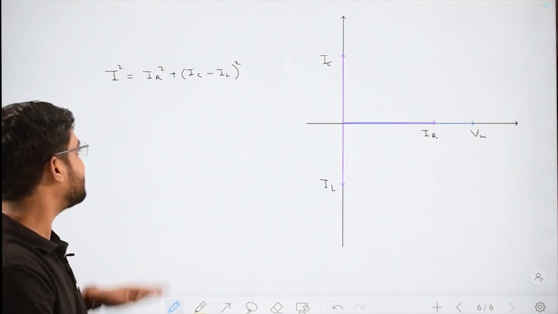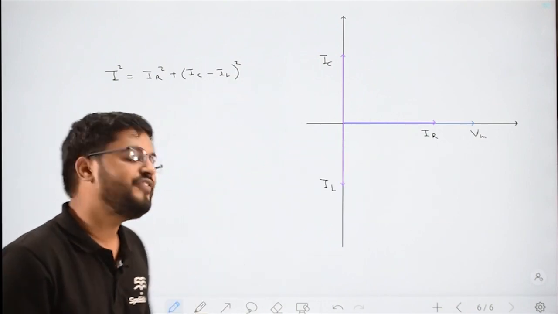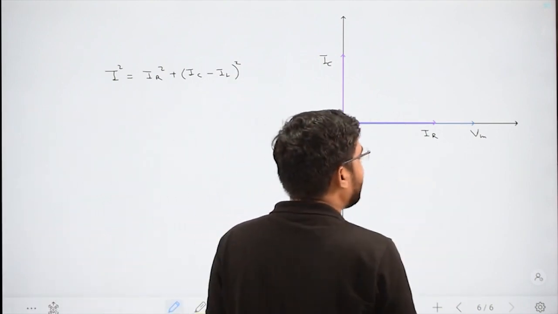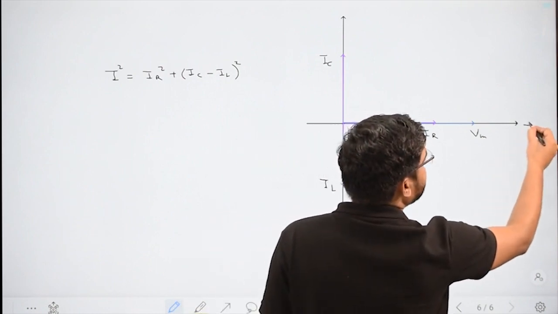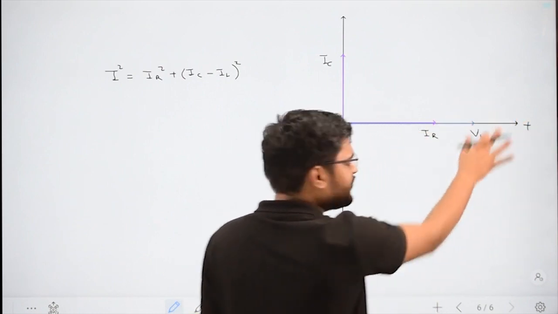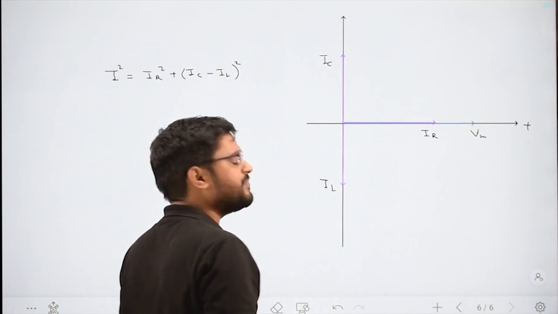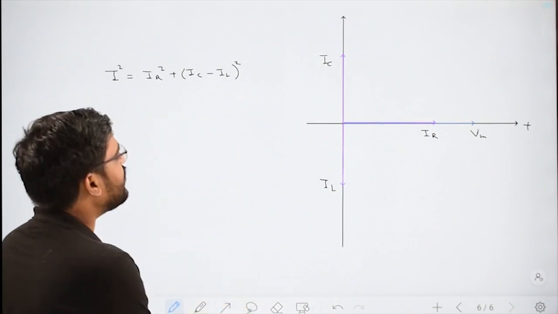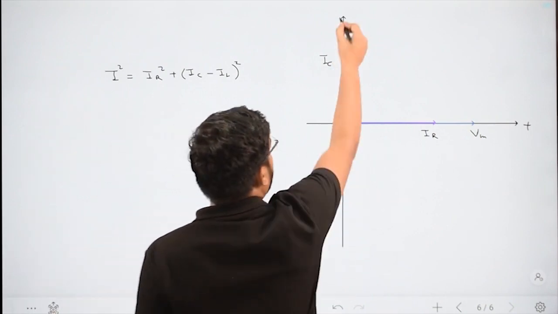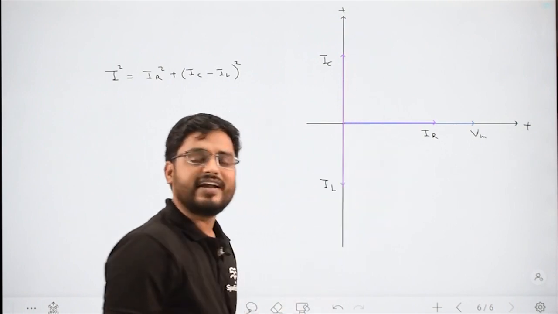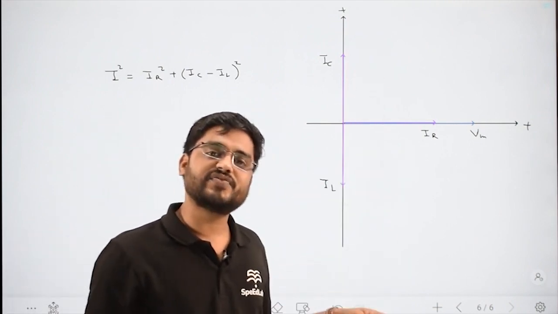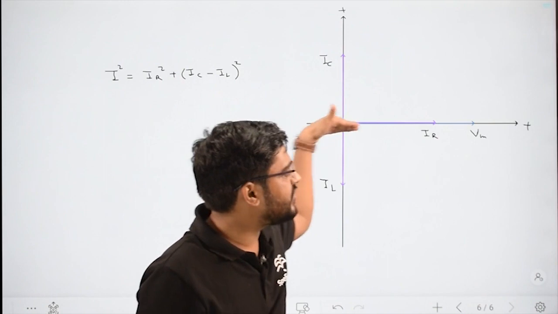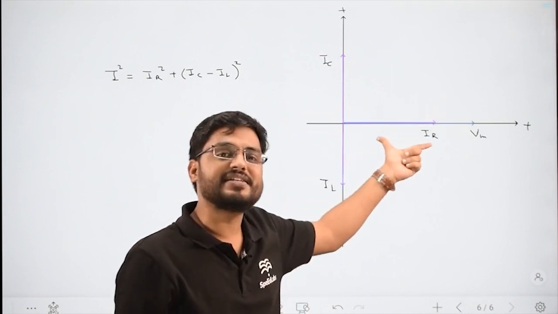How am I getting this? This expression comes from the phasor diagram. While drawing this phasor diagram, make sure that on the x-axis I am keeping my voltage. Voltage is fixed now, and you can keep it as V0 or Vm. So that's the voltage over here. Now, we know that current and voltage are in the same phase for a resistor, so IR is on the same axis. This pink one represents IR.